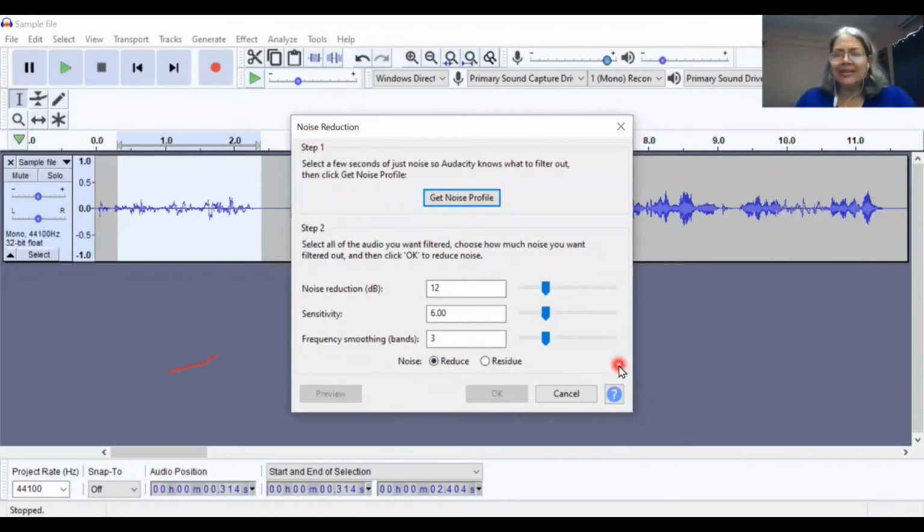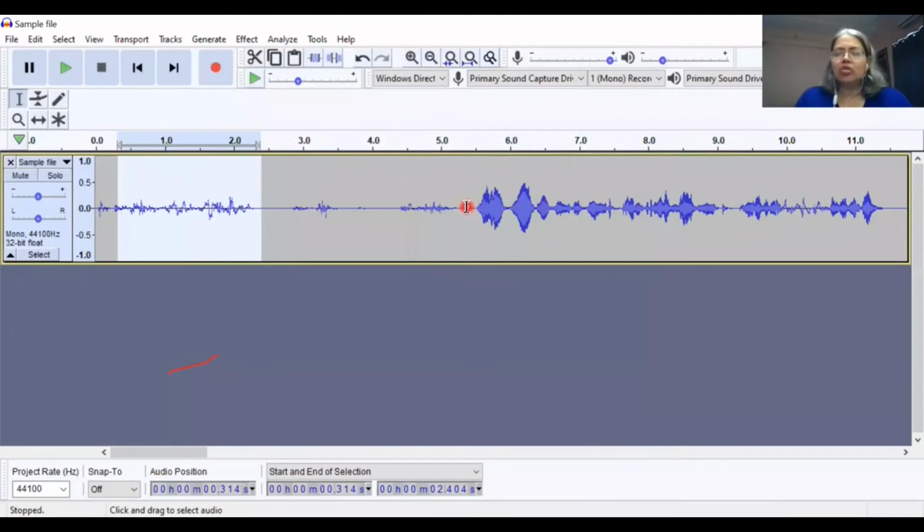The lower part seems to be still faded, but get noise profile has been highlighted. That will give the software an idea of what kind of noise you want to reduce. So we are now going to click on get noise profile. We have already selected the kind of sound we want to remove, and it's taken that as a sample.